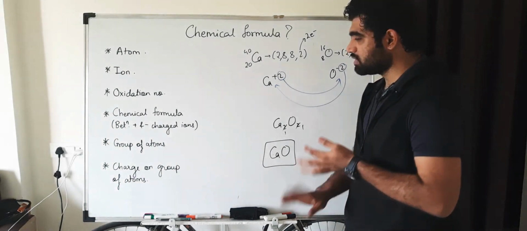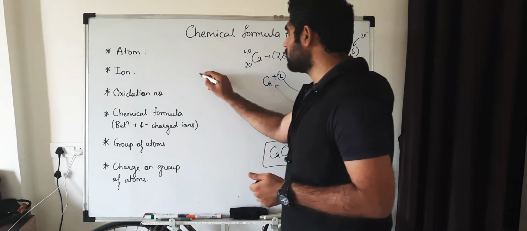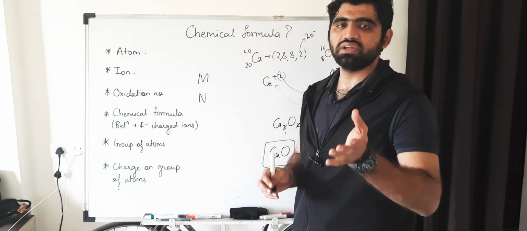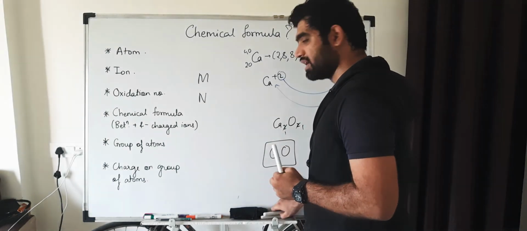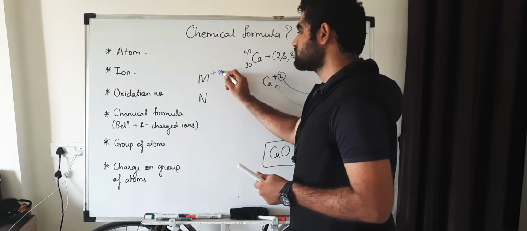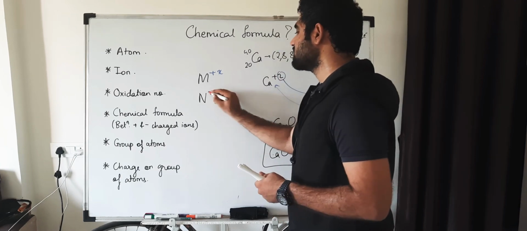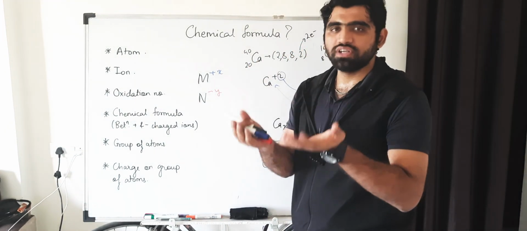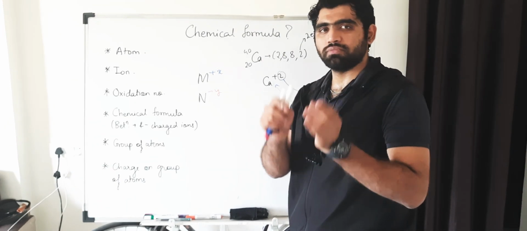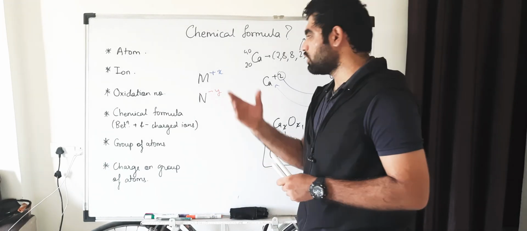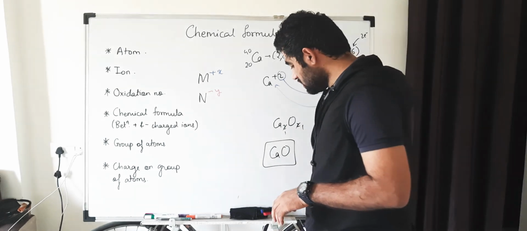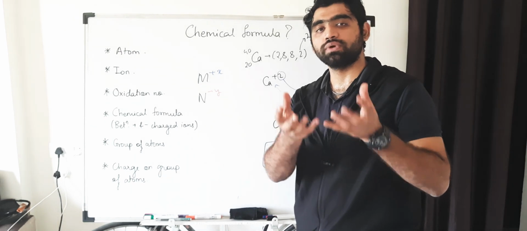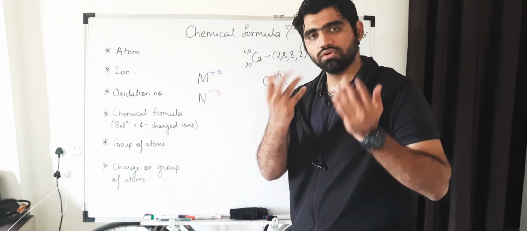However, one important thing to remember is why did I take the symbol M for positive charges and N for negative charges? Why did I do that? If you observe, generally metals have the tendency to donate electrons, and whichever atom donates electrons gains a positive charge, and whichever atom accepts electrons gains a negative charge. So metals are donating electrons in general, therefore they are electropositive, and metal stands for M, so I used M as a symbol, and non-metal N, so I used N as a symbol. Remember, metals are electropositive, non-metals are electronegative in general. Non-metals have the potential to accept electrons, and metals have the potential to donate electrons.